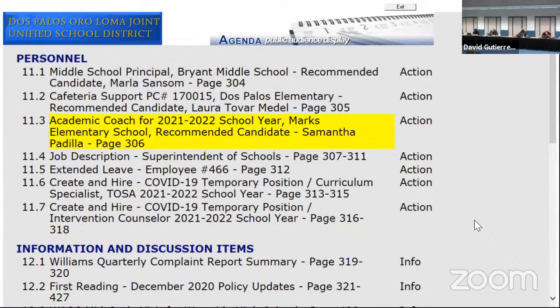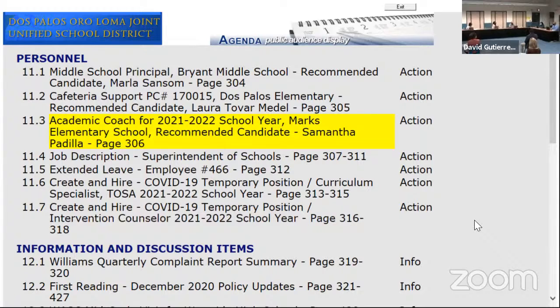Dr. Miller: Padilla has been a very strong teacher in our district for several years, and now we have an opportunity to give her the chance to be the academic coach. She went through the interview process and was a successful candidate, and I'm excited about the future that she will bring to Mark's. She's already a teacher at Mark's, but now she'll have influence over all classrooms at Mark's